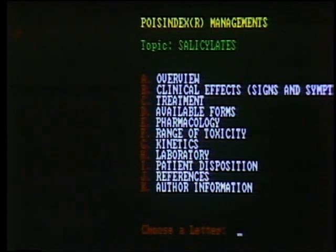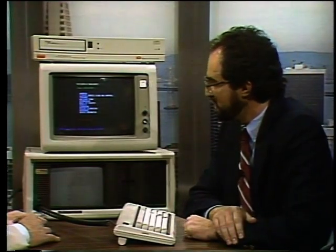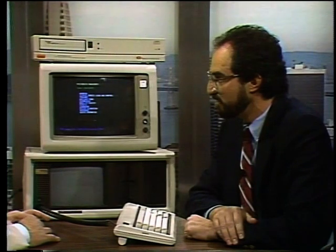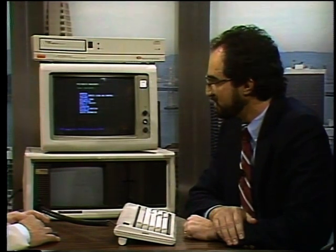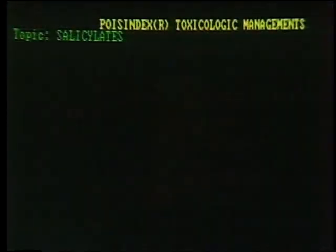I think it's probably worthwhile again mentioning that you have lots and lots of information. It's just stored local here. This is not an online system. No, this is not via phone lines, and that's an important point, that all of this information is stored on one of these CD-ROM disks, and there's over 250 megabytes of that information. If we wanted to find out the treatment of this particular ingestion...